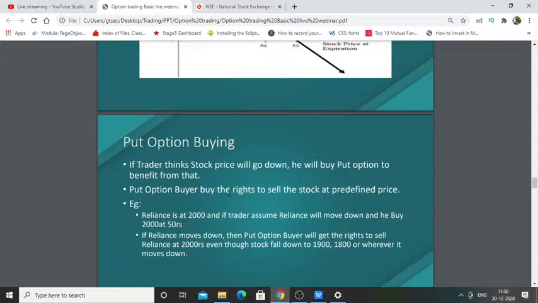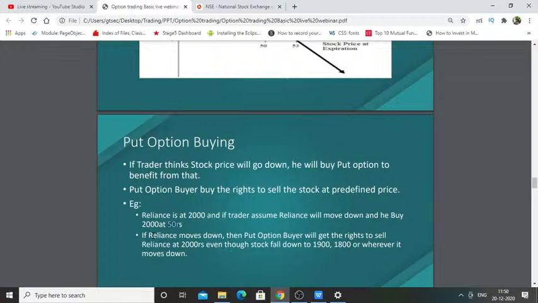So, put option buyer of 2000. He has to pay the premium of 50, that is, 50 into the lot size of Reliance, whatever the lot size is. You have to pay that. If Reliance moves down, then the put option buyer will get the right to sell Reliance at 2000 rupees. So let's say, for example,